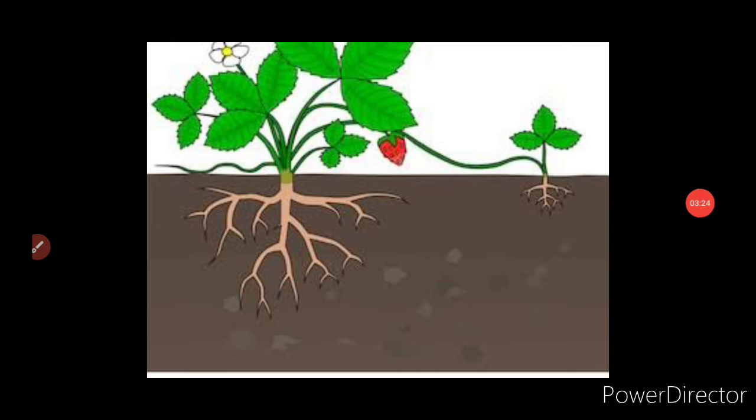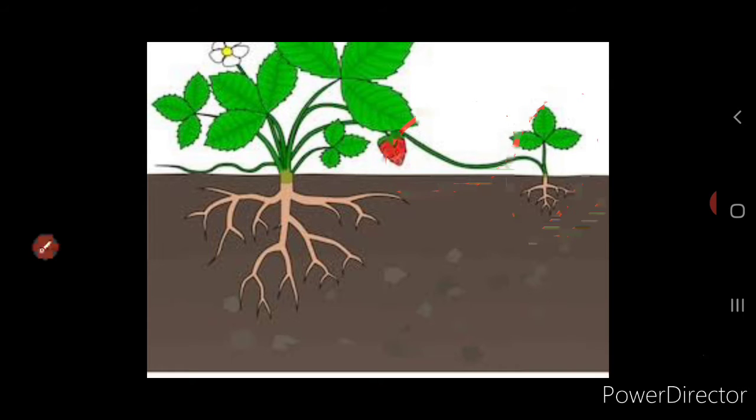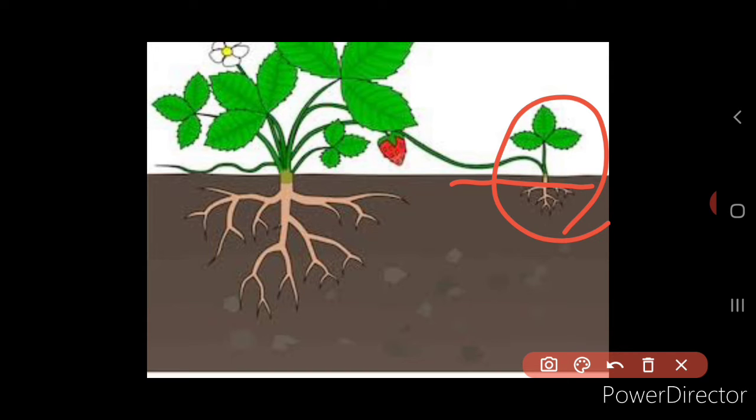The next one is vegetative reproduction by stem. Now if you see, especially in strawberries, some of the aerial weak stems touch the ground and grow into a new plant. When the connection with the parent plant is broken, this grows into a completely new daughter plant, right? Or the offspring becomes independent. So the example is the strawberry, vegetative reproduction by the stem, where the weak stem touches the ground and grows into a new daughter plant.